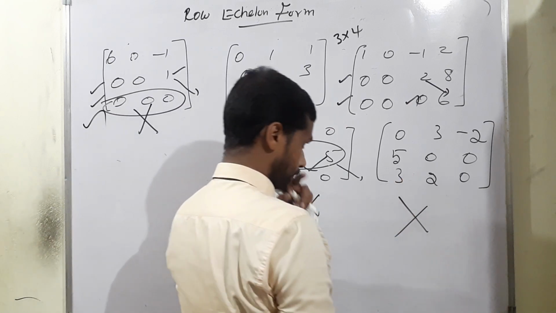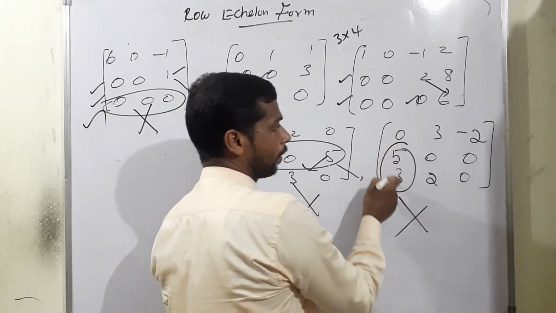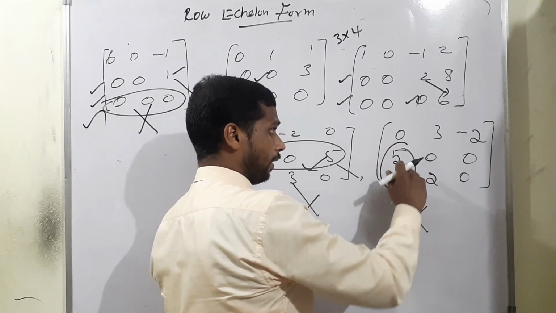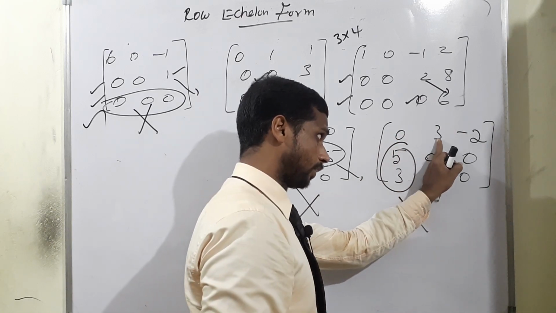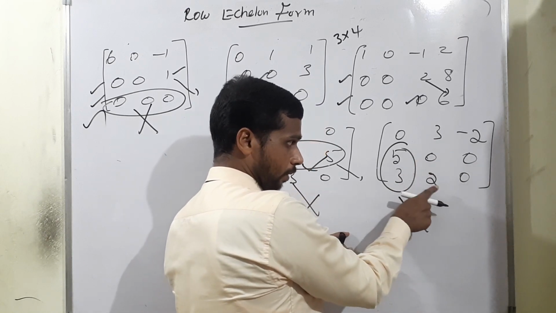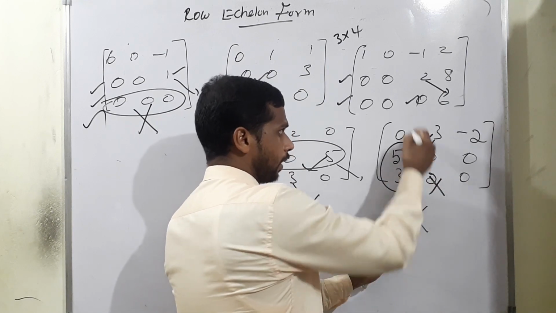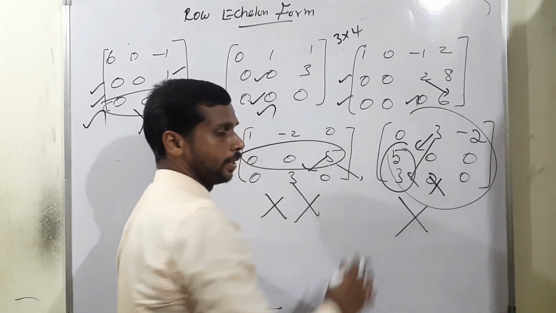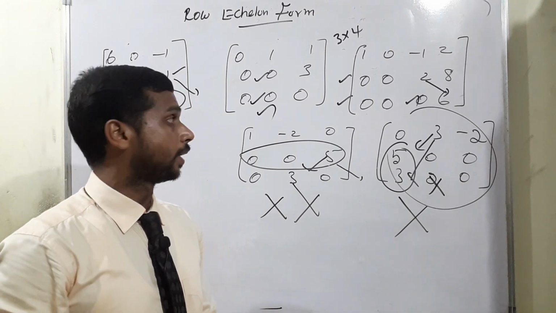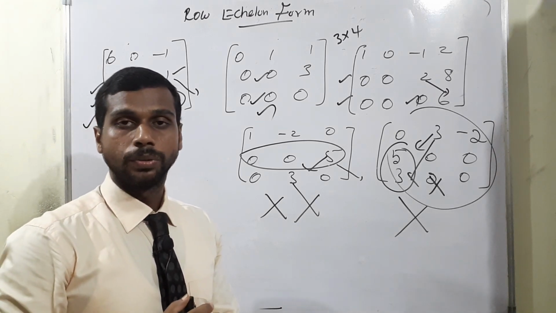Next, last one. When starting the non-zero digit, listen, there the term is a non-zero term, but here the starting term is 0. So whatever it is, in the next one, when starting the non-zero digit, 3 starts as a non-zero digit. Under the term, first one, here also under the term there should be 0, there is no 0, but on the left side also a number is there. That's why we are saying the last two sets are not suitable for row echelon form. I hope you are satisfied with how to analyze the row echelon form. I am moving to the problem.